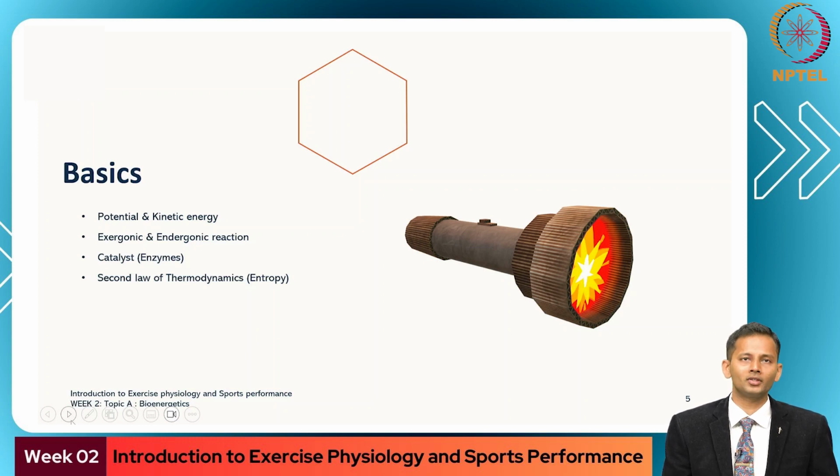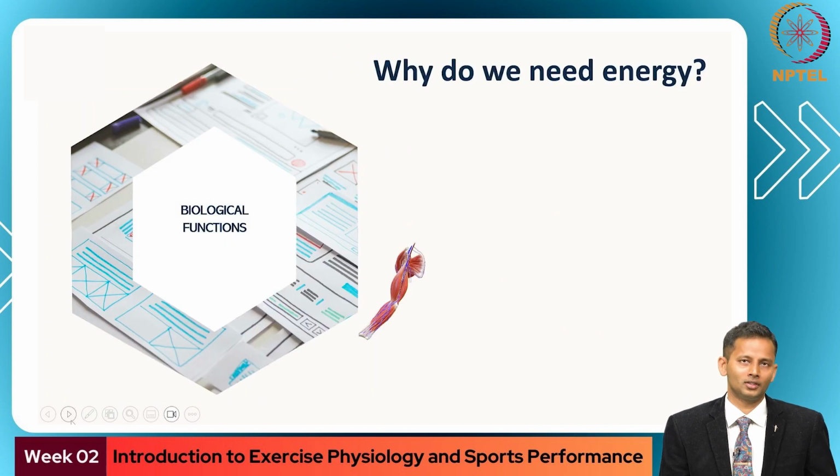I can explain it with an example. You use a battery cell in your torchlight, right? You put the battery cell in your torchlight, and then you have not switched it on. You kept the torch switched off. Even after say 7-8 months, when you try to use it, you will not find the torchlight coming on. That's because the energy which is stored in the battery as potential energy has never been used, and that unused energy which got wasted is called entropy. That's an example of entropy, and it comes under the second law of thermodynamics.